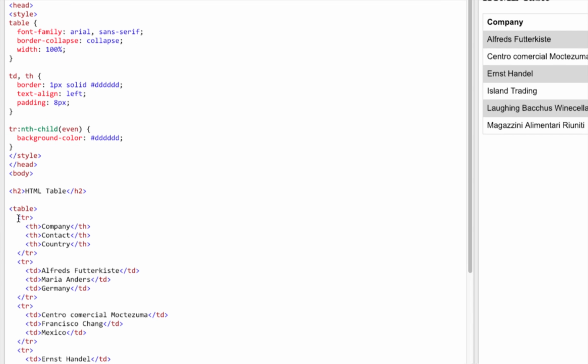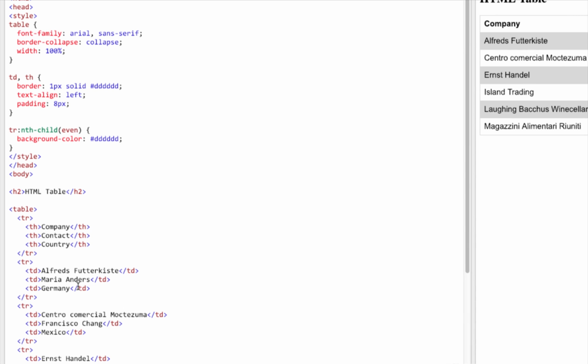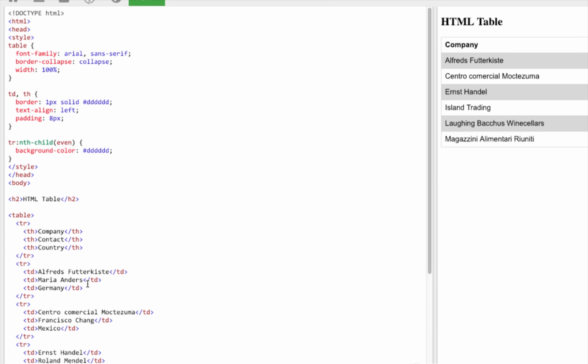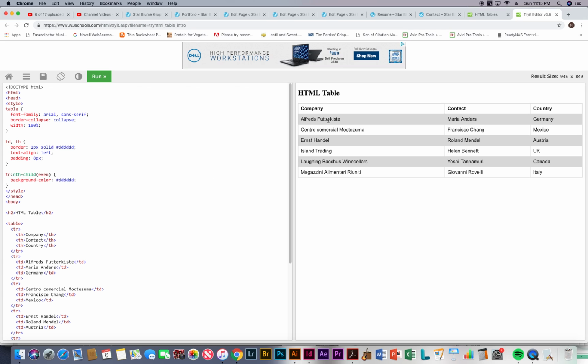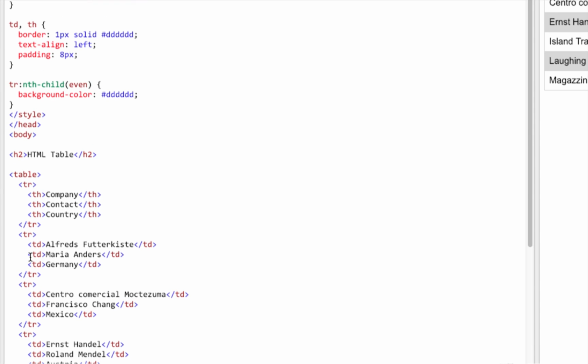So we have a table row opening tag and a table row closing tag, and then for the next row, table row opening, and then we have these names here. Alfred's, I'm not even going to attempt that one. Well, Futterkist, I guess. So there he is, Alfred's Futterkist, and then Maria Anders and Germany. So all of those make up TD. What does TD stand for, you think? Table data. So those are what's in the row, the table data, and each one has an opening and closing tag